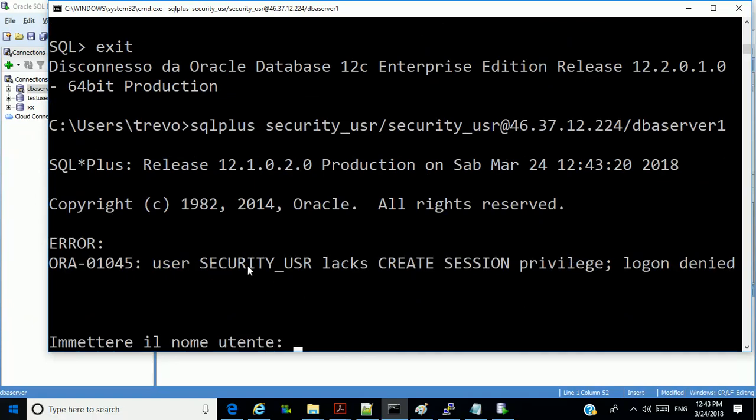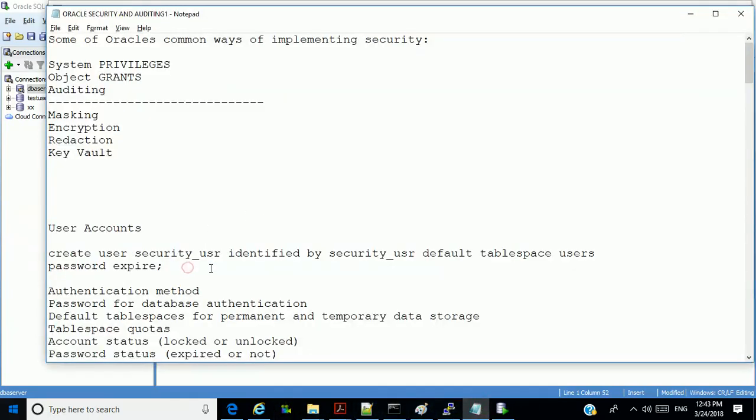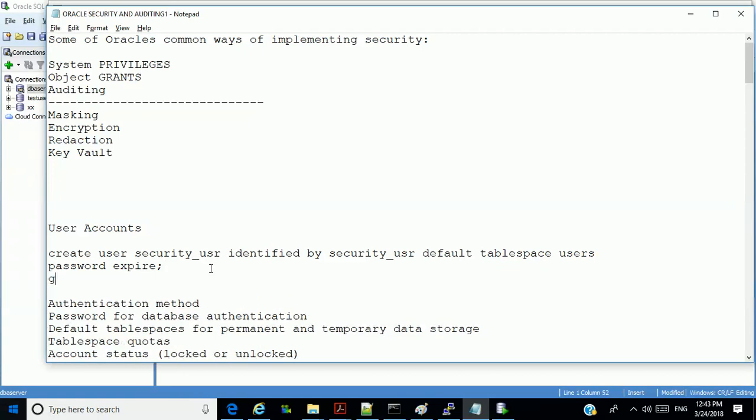It says that user security_usr lacks create session privilege, logon denied. Okay, so the creation is not yet complete. I have to now, this is the first grant I'm going to grant you. Grant what? Connect